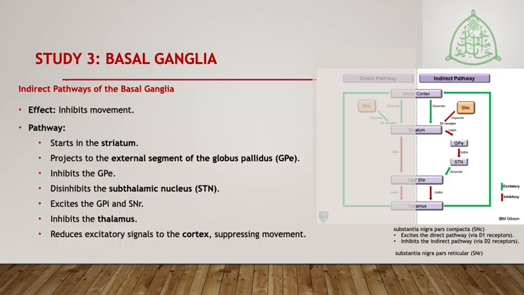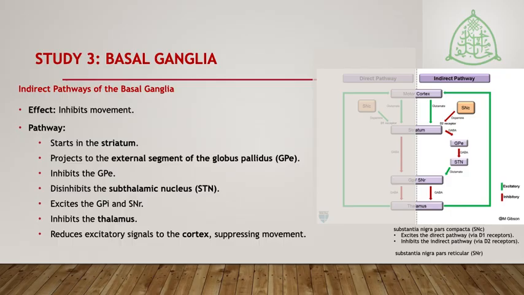Don't forget, the striatum is the putamen and the caudate nucleus. So these two send fibers to the globus pallidus externa, inhibiting it,